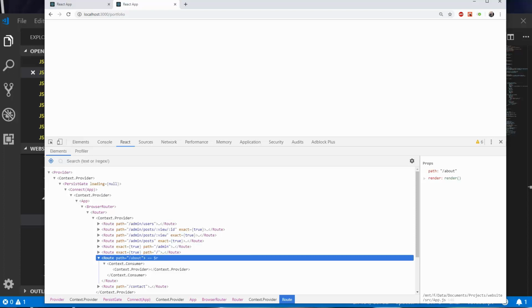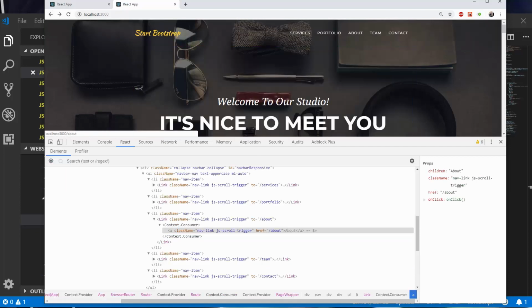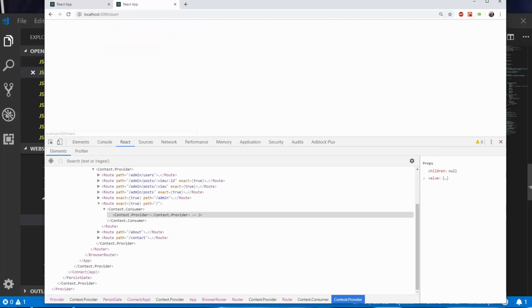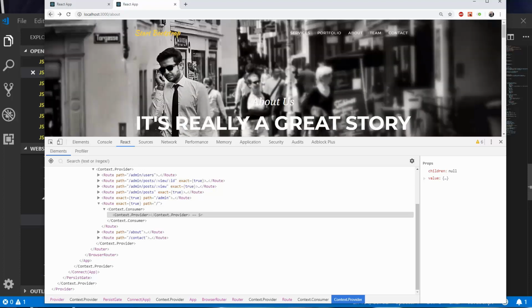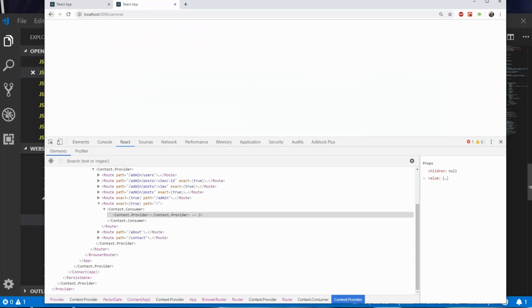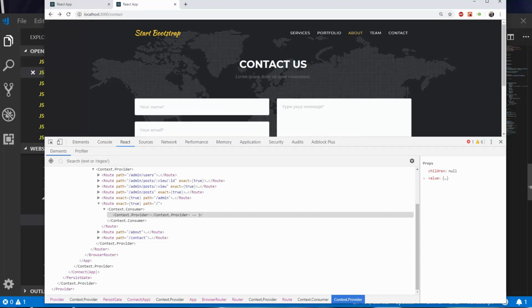So there's only an about route and a contact route. We don't have portfolio? I thought we did. Okay, we have an about, no team route, contact route, no services. That's odd. I thought we finished this stuff up. Maybe